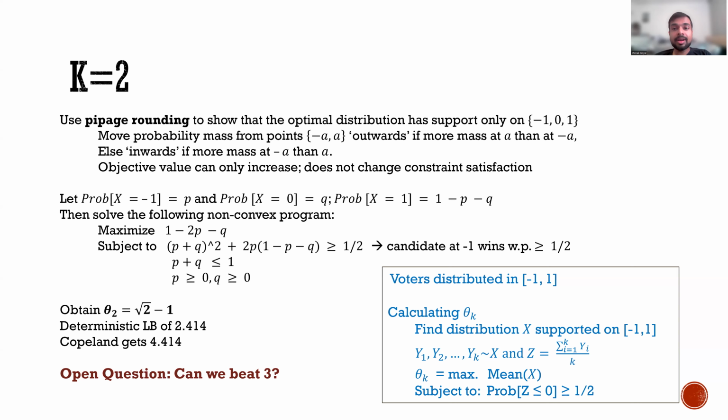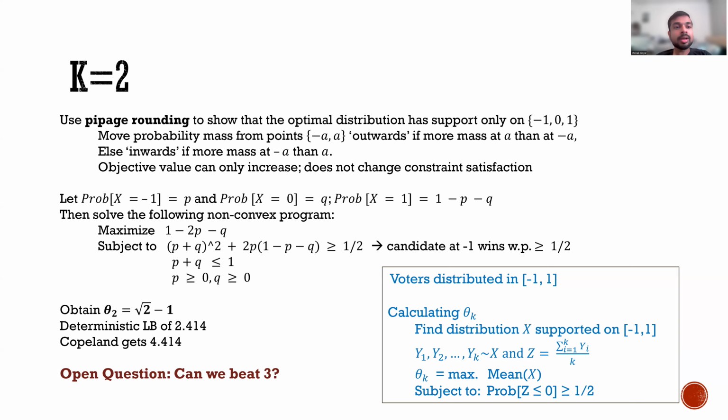In the other case, if there is more mass at minus a than at a, then we move both of these masses inwards, and by doing so again we only increase the expected value of the distribution, and again you can show that we do not violate the constraint satisfaction by doing so. So this shows that the optimal distribution will have support on at most 3 values, and then that makes our